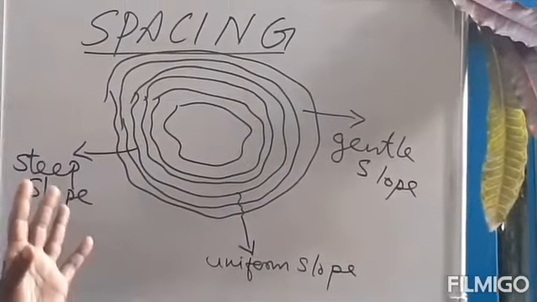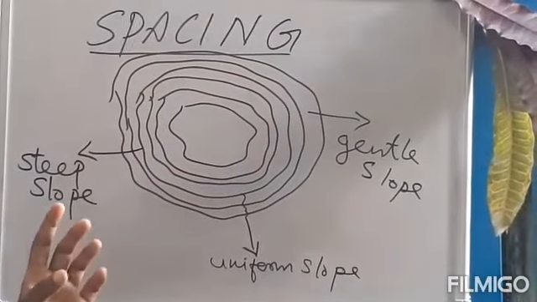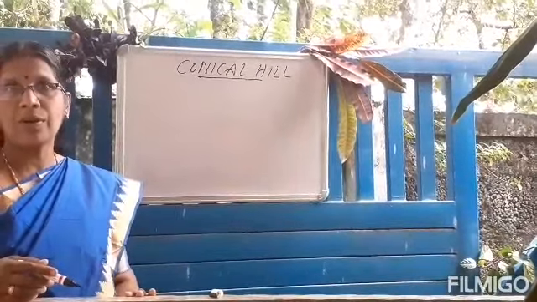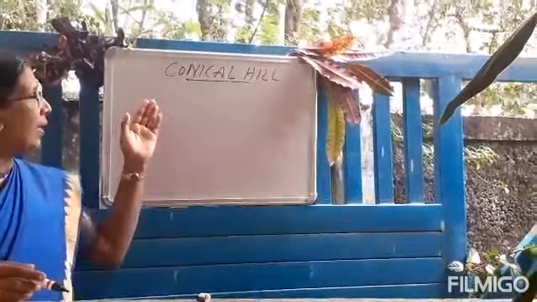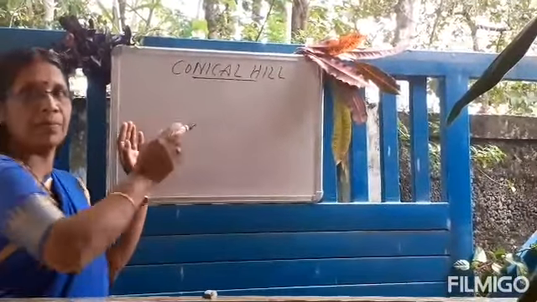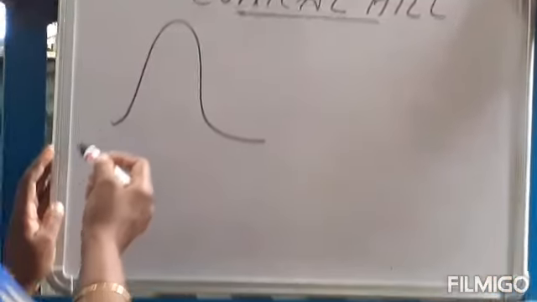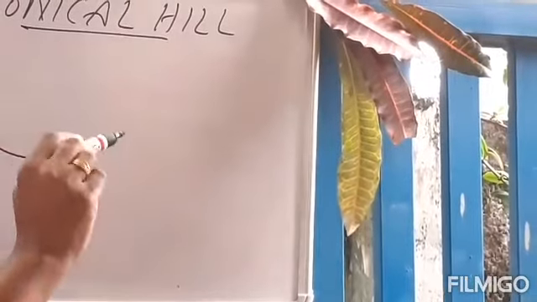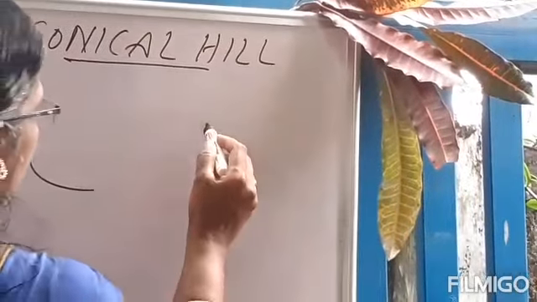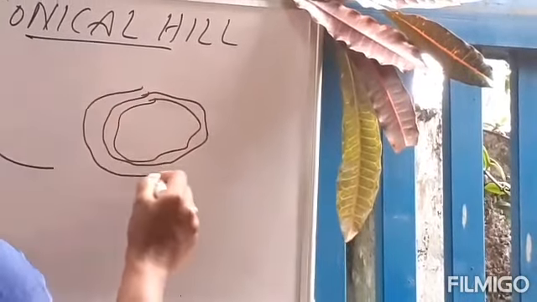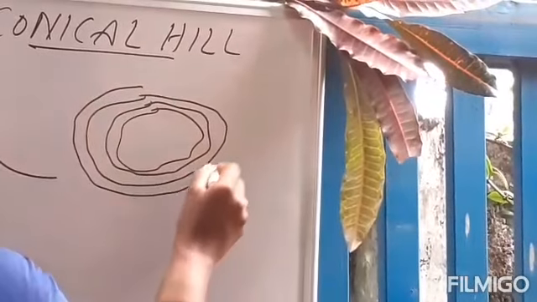Easily we can identify it if we are familiar with the spacing of contours. We can have a clear idea about the spacing of contours with the help of this example. We can take a conical hill as an example. A conical hill means a hill in the shape of a cone. The contours which represent a conical hill are a combination of both closed contours and contours which are farther apart. One side of the conical hill is steeper in slope and the other side is gentle.